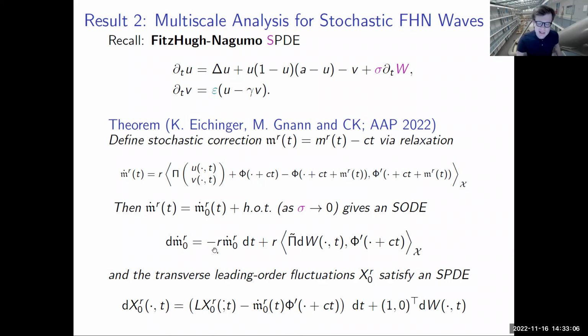There's again this relaxation parameter that basically just goes towards the equilibrium that you are after, and there are fluctuations that are giving you basically the phase diffusion. And this second component here, let me explain what it actually means. It means that this SODE is precisely along the direction of the translating symmetry of the pulse.